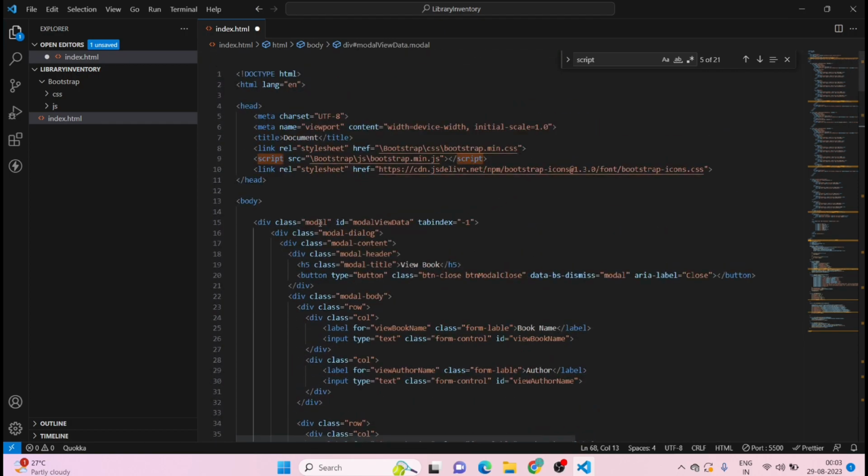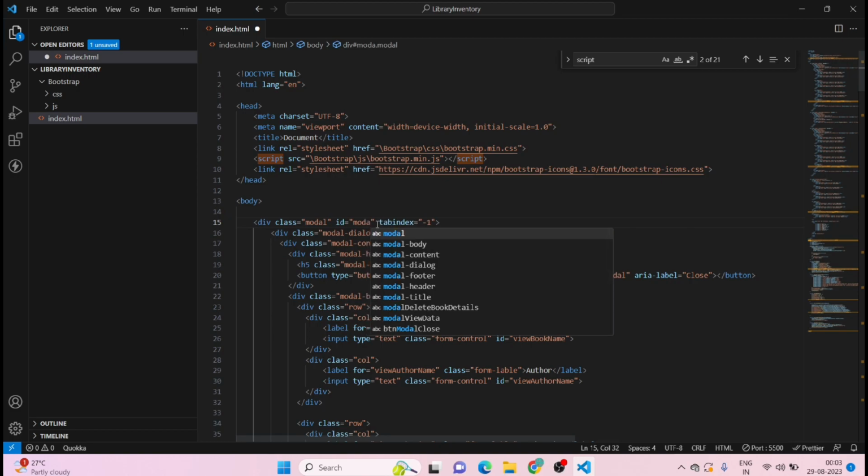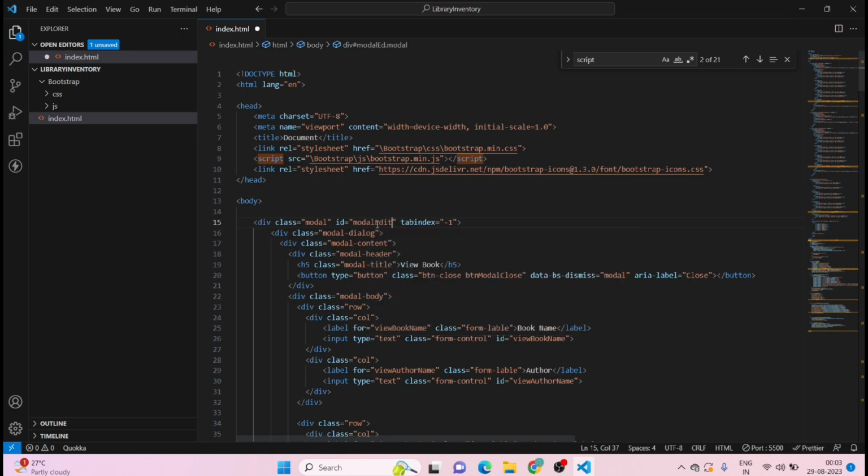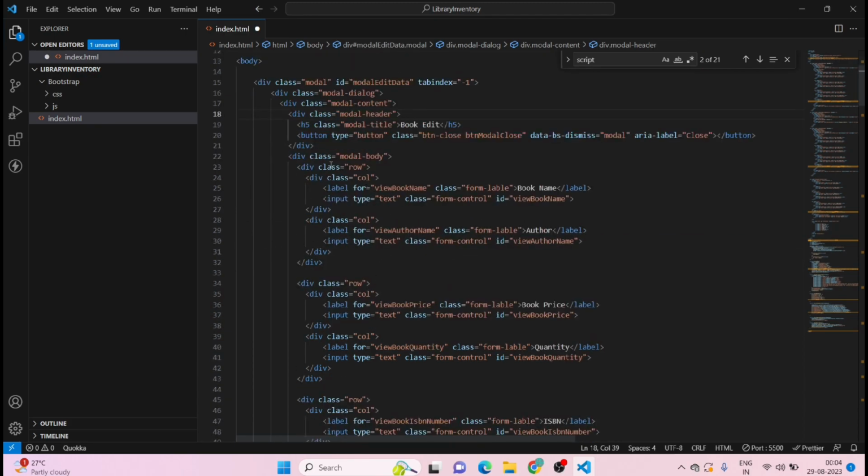Give this id as modal edit data. This will be book edit. This will be modal close only, and after this